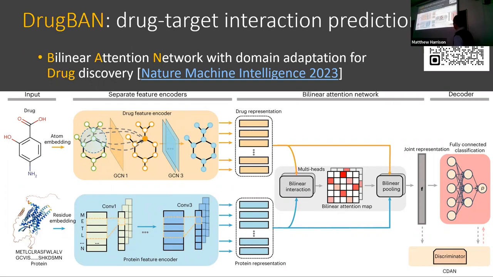So what we developed here is a network that will learn the substructure of the drug and the protein target. Here, what we do is we use a graph neural network to learn the representation of the substructure of the drug, which is actually the atoms. Right? So basically, each of these vectors is a representation of an atom in that drug. So this is one atom, this is the next atom. Each row is an atom. So this becomes a matrix, right? The matrix will become the feature representation for that drug.